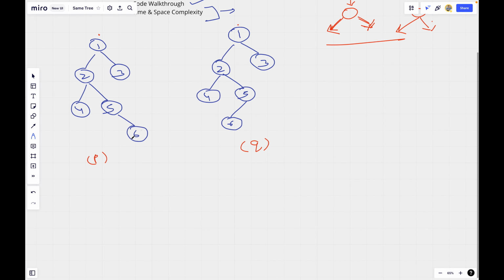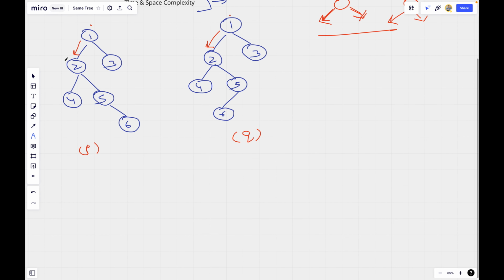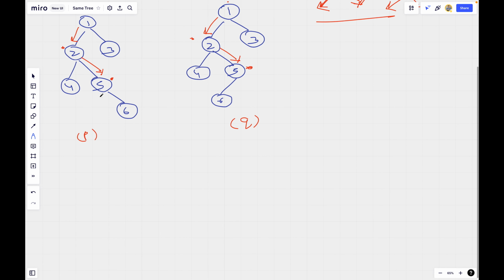Let us understand this in a bit more detail. Suppose we are standing at the roots of these binary trees, and at this node I decided that I will move leftwards, and hence I will move leftwards here as well. Now we are at this node. Suppose you have decided to move rightwards from this particular node, and to keep moving in the similar fashion, I will be moving rightwards here as well. Now when I reach 5, I decided to move rightwards in this binary tree.